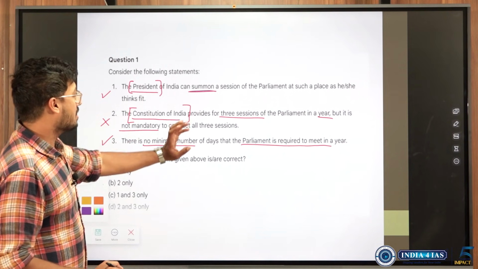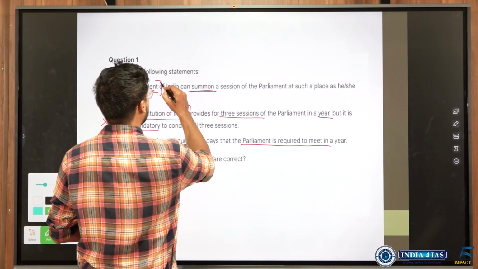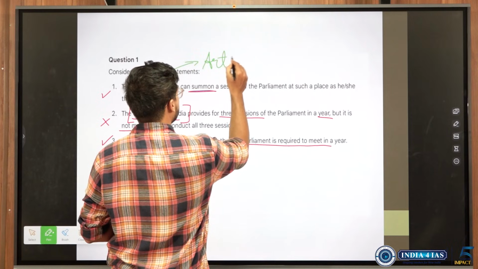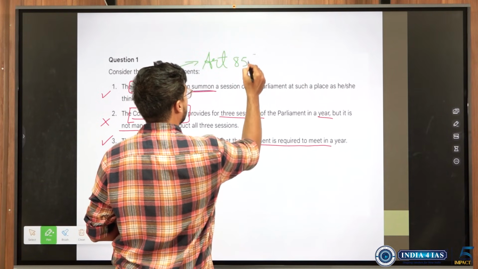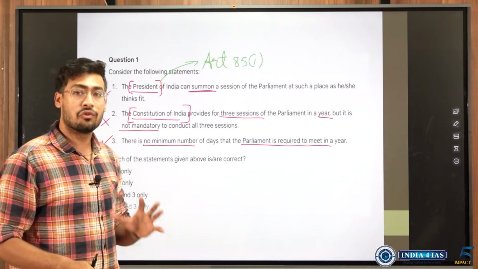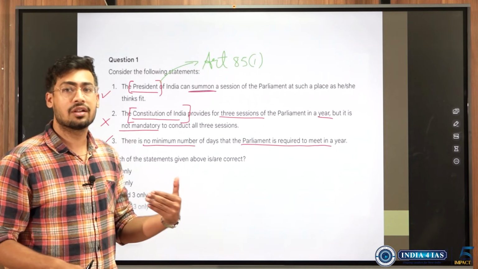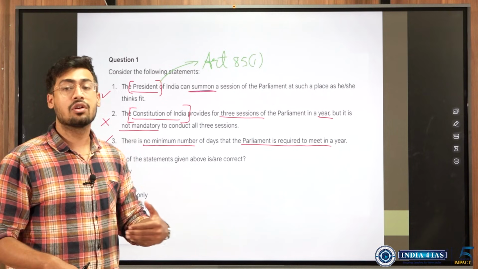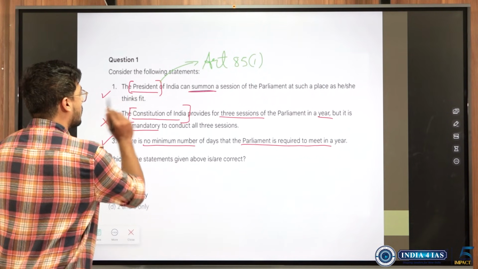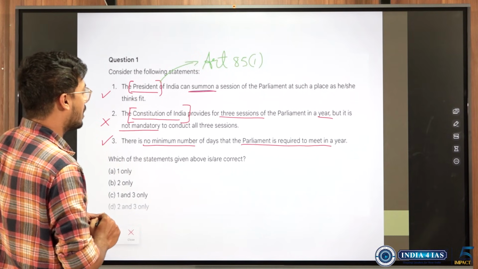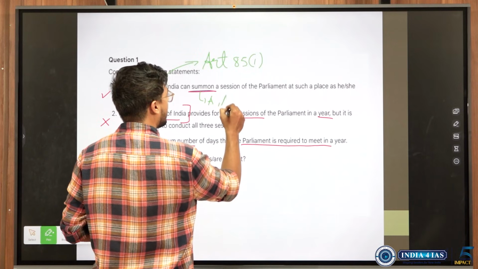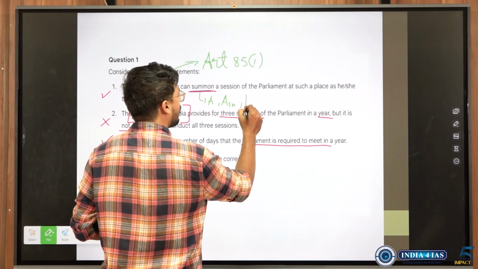The President can summon a session, and this power of the President is given by the Constitution itself under Article 85 clause 1. We need to know whether that power has been given by the Constitution or by law, or whether we do it because of parliamentary convention. So the President's power comes under 85(1). Now, summoning we know; similarly adjournment sine die and prorogation, we need to be aware of this.